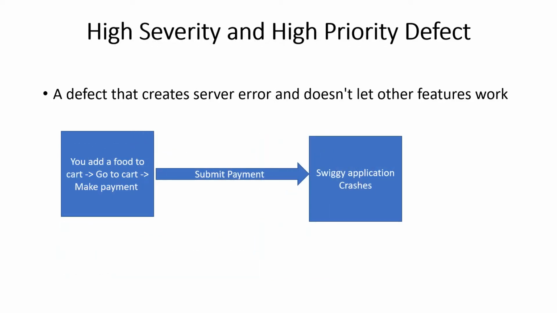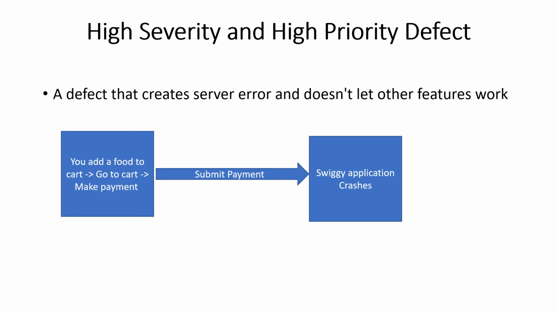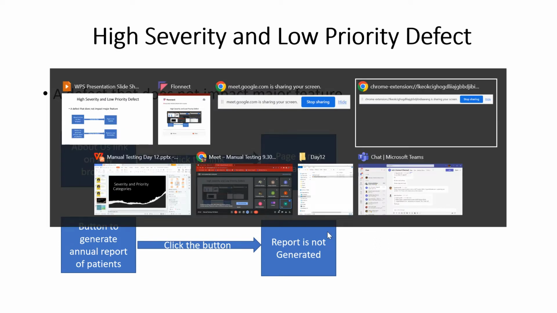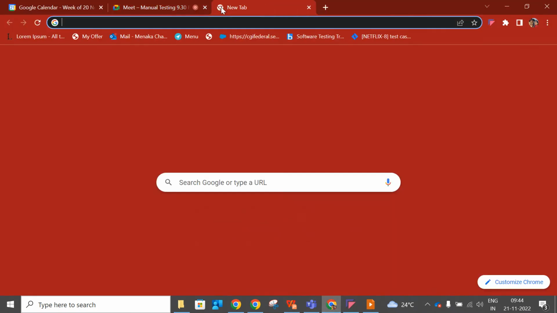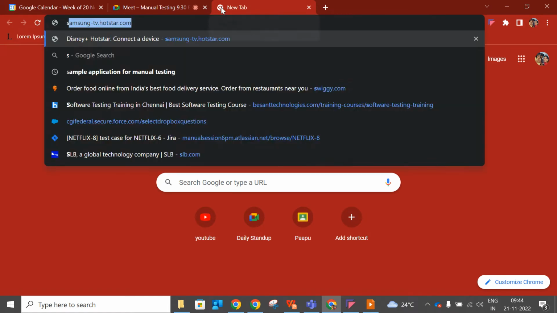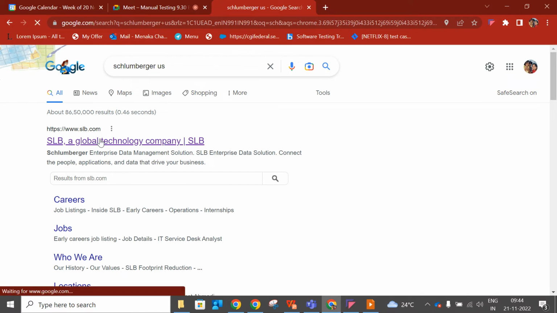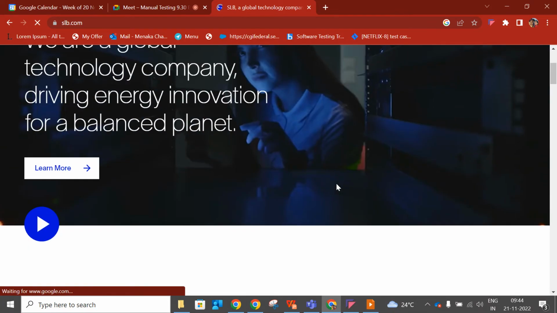Ma'am, can you please explain the above example? Which link? About us, or any browser? No, if you open any website, you'll be having lots of links below, right? Wait. So if I open this,